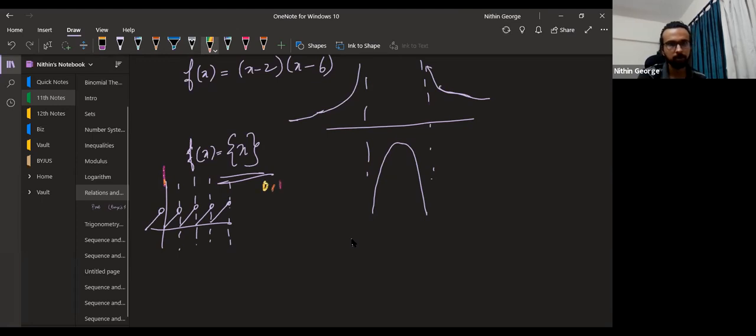0 to 1 it is. 0 is included, but 1 is not. The point is, 1 won't be included when we take the reciprocal function. It's coming from plus infinity. They're all positive values, so it doesn't go to minus infinity. It comes from plus infinity. Okay. So the graph, you can see, right? It goes like this. This will be 1 by fractional part of x. Got this? Yes, sir.